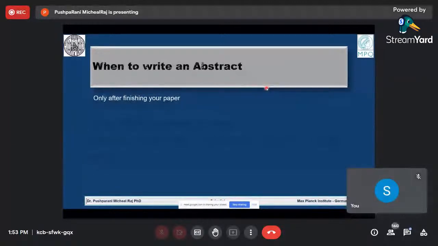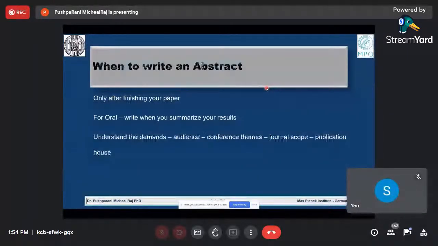So once you finish your paper, you will see, okay, this is how I introduced it. I just pick 2 sentences from the introduction, and then I could make a quick collaborative summary of my methods, results, and discussion all together in 2-3 sentences. That should be sufficient. And finally, end with a highlight. So only after finishing your paper, you start writing your abstract. And for oral presentations, you're not going to write a paper, but when you summarize your results, you can start doing this.